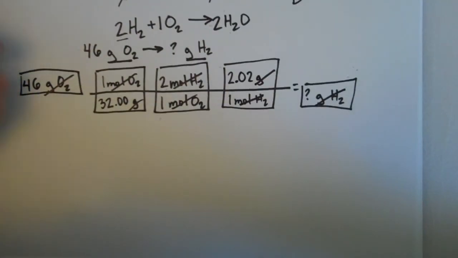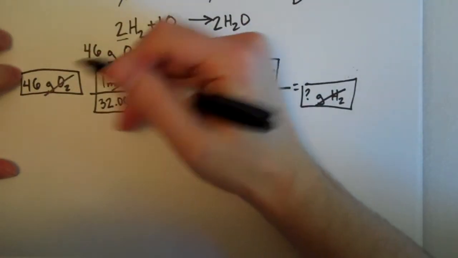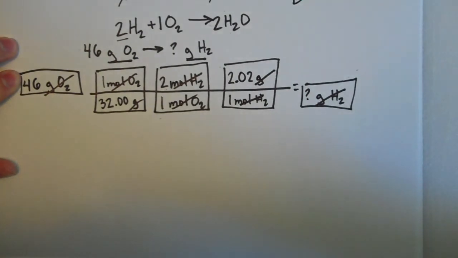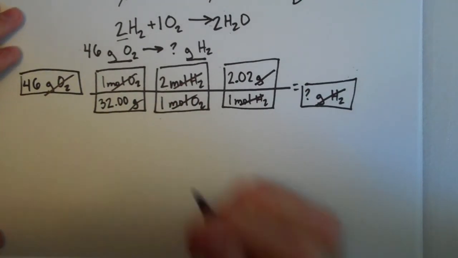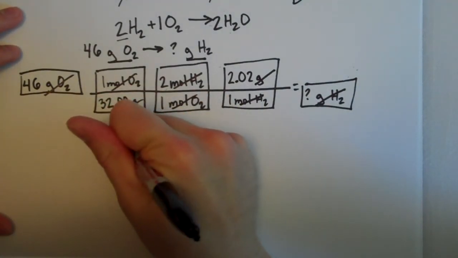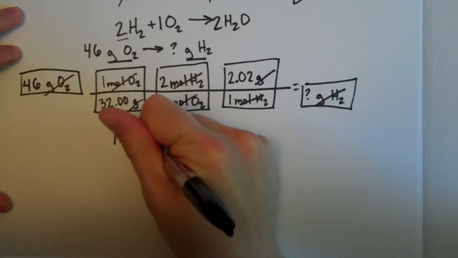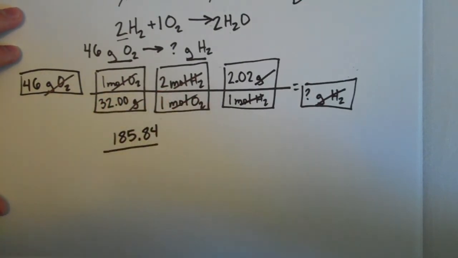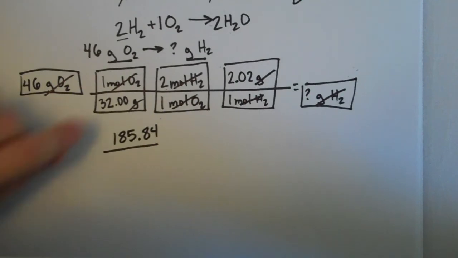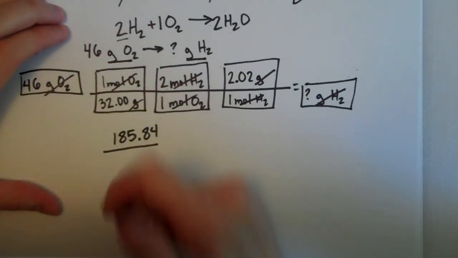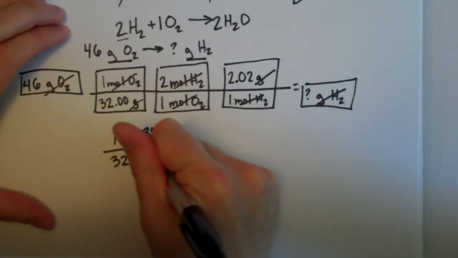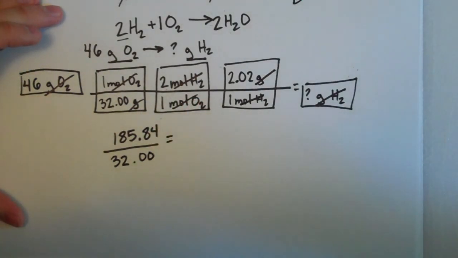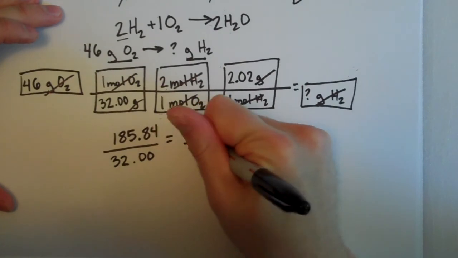So I go ahead and multiply my top numbers. 46 times 1 times 2 times 2.02. That ends up giving me a 185.84. Okay, on the bottom, we have 32 times 1 times 1, which is a 32. Let's go ahead and plug that in. And it comes out to